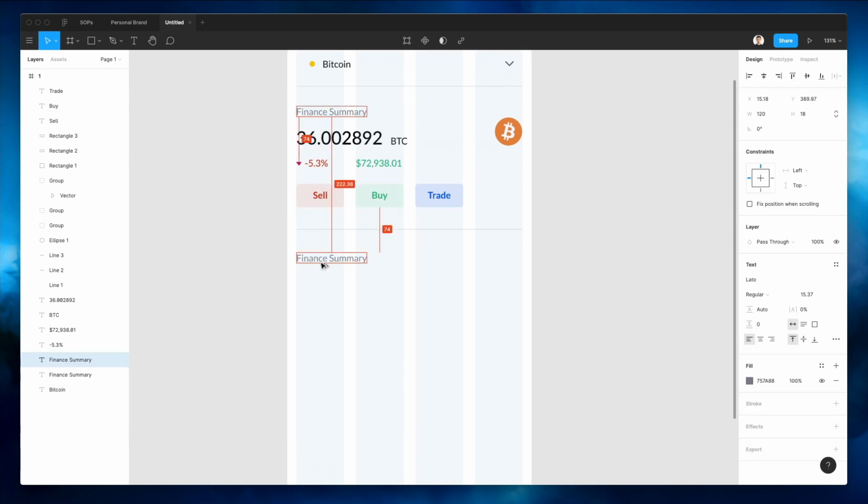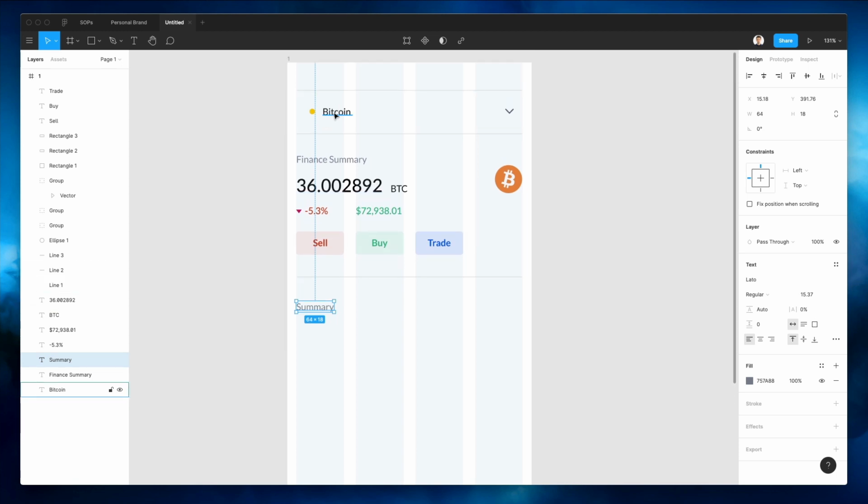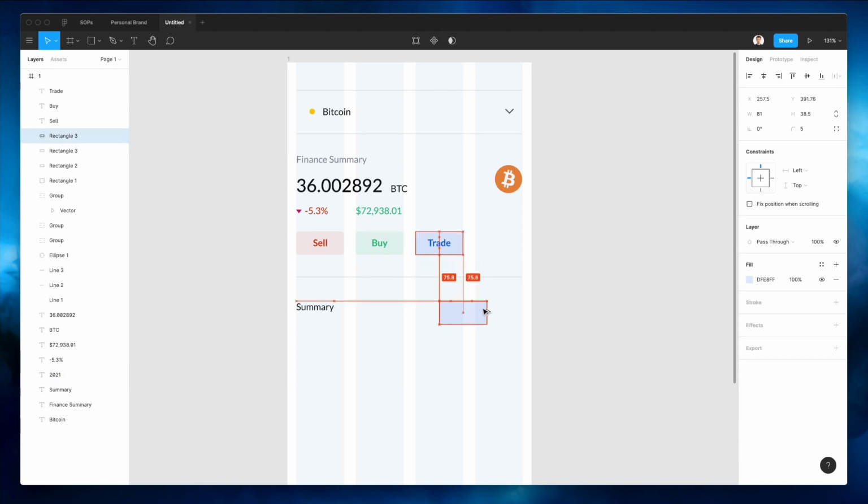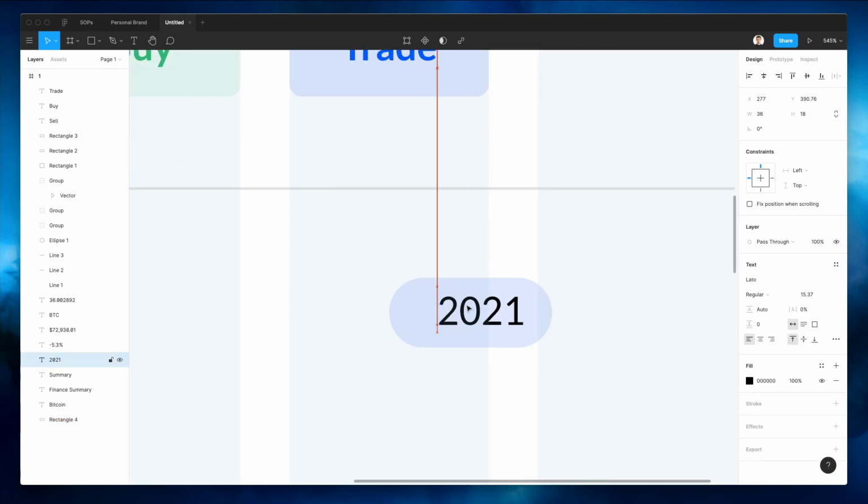and next thing from then is we're going to create the actual graph. So this one's going to be summary, and we're going to change the color of this guy right here. We're also going to add two tags over here. This one's going to be 2021. Let's bring this guy over to the bottom. We're going to have another one with the following year essentially. So let's round this one up completely,